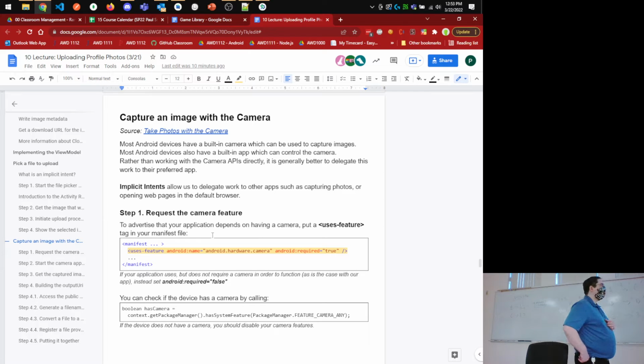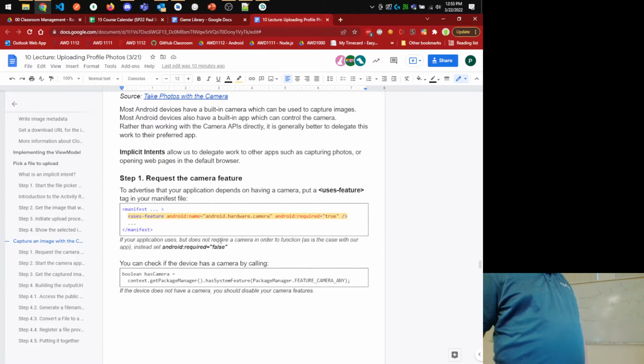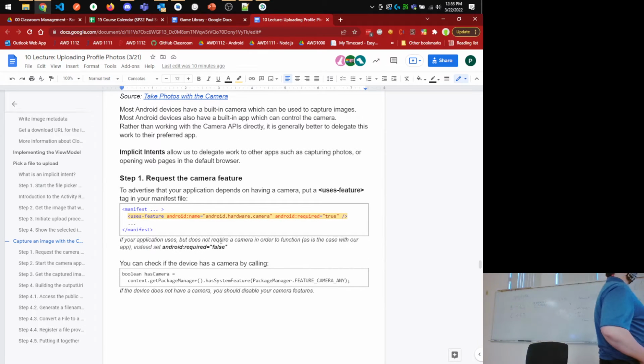The first thing we have to do in terms of working with the camera is mark that our app requires or uses the camera. This is not strictly required. Your app will work if you don't specify this, and you can get access to the camera. It is recommended though, because it affects how your app is listed on the Play Store. If I add here uses-feature android camera and say that it's required,